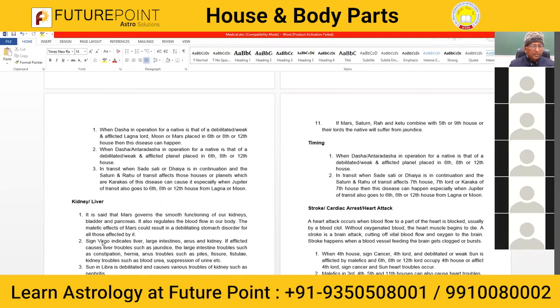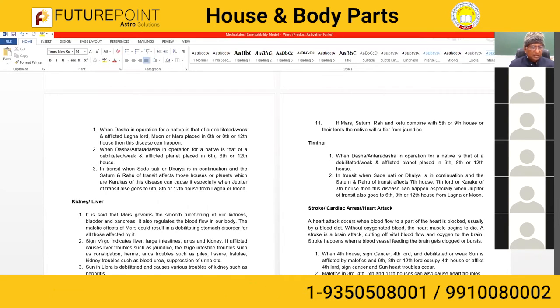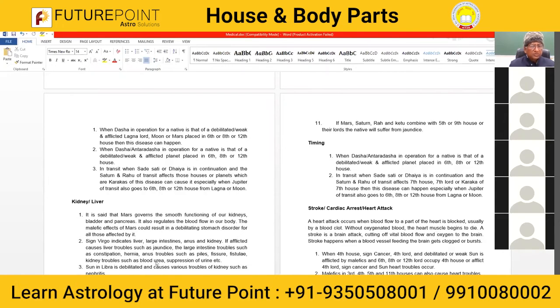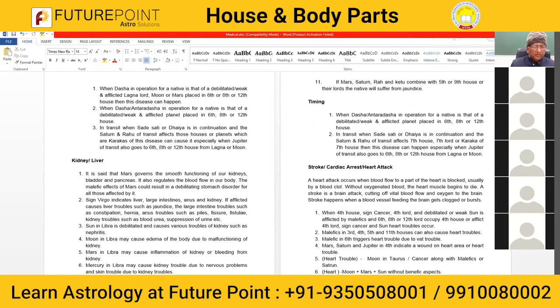Liver problem, kidney problem. Liver problem is mainly because of Moon in Libra, because of edema. Normally liver problem is caused by Jupiter. Jupiter in Libra may cause deposits of cholesterol, kidney trouble and all that. And Venus also is one planet which causes urine and uremia problems, kidney problems, as they are governed by Venus.